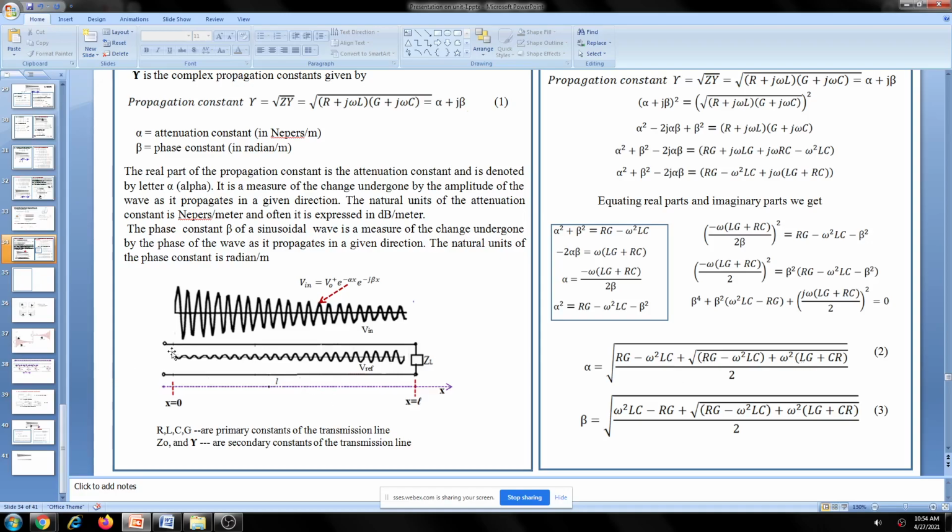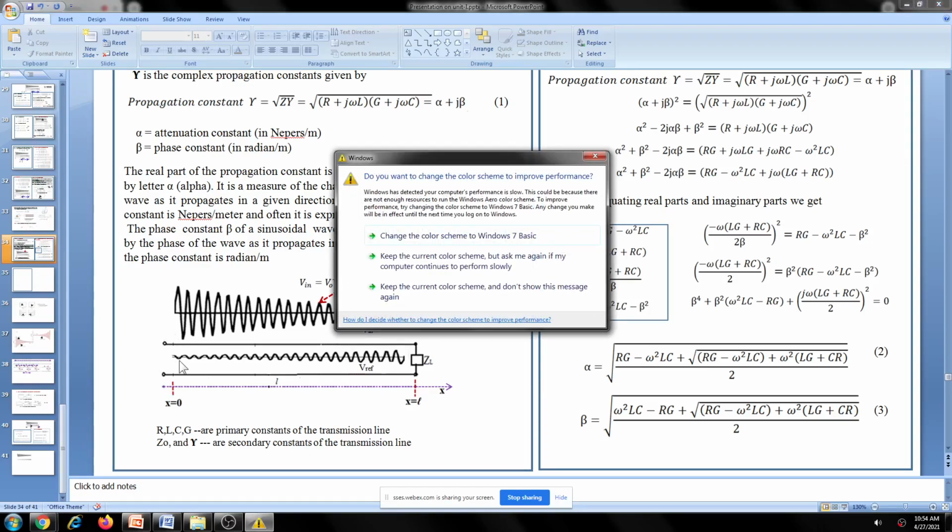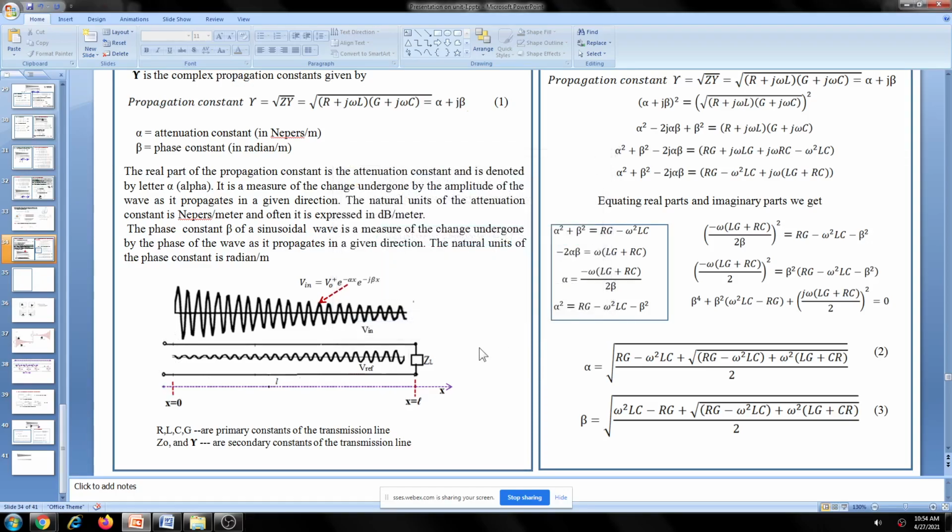Also, while applying a complex signal, complex signal means it may consist of an audio signal or a video signal. The audio signal frequency varies from hertz to 20 kilohertz. What is the audio signal range? It is 0 hertz to 20 kilohertz. Similarly, the video signal frequency range goes up to megahertz.